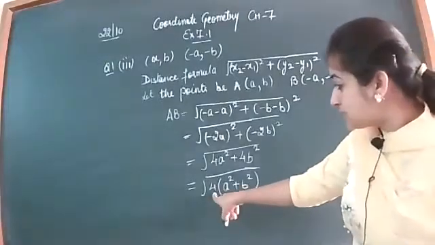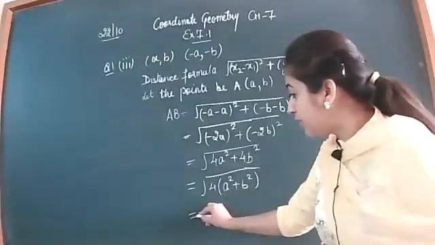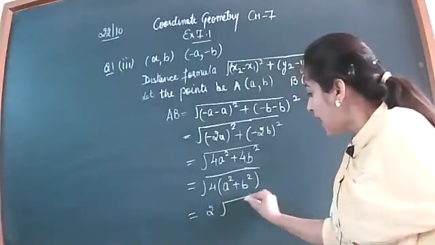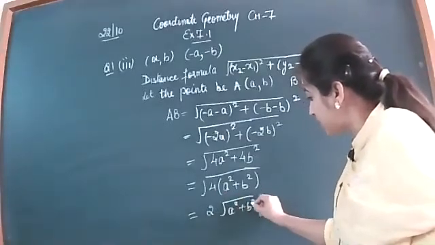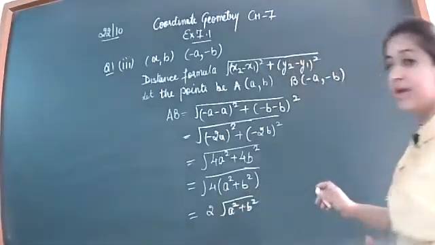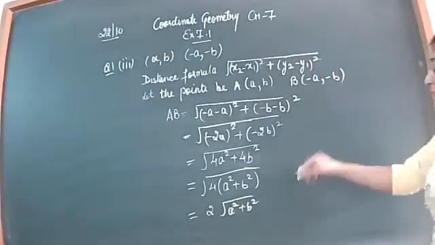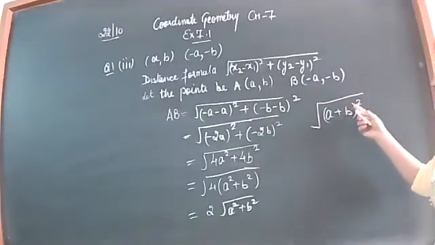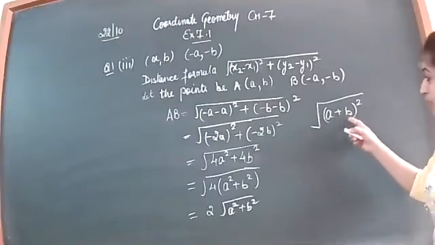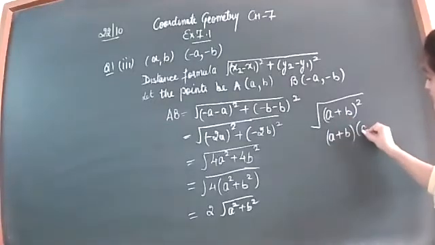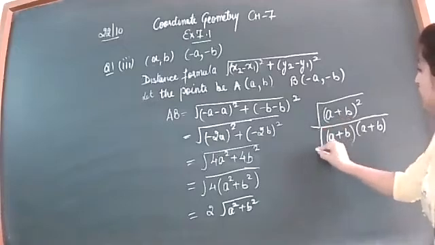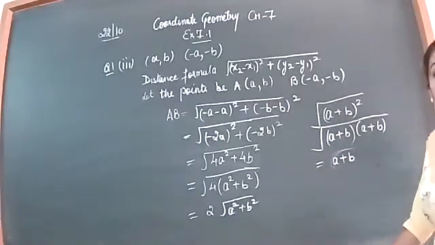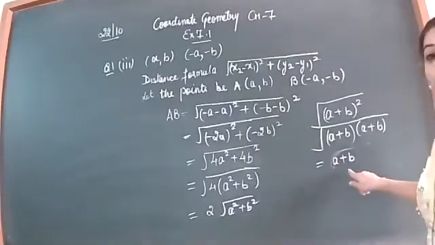Okay? So let's take this 4 out of the root. It will become 2 into 2. When you take 2 into 2 out of the root, it will become 2 under root a square plus b square. Yes, one important step I am going to tell you here. If instead of a square plus b square, it were a plus b whole square under the root, then this term would be occurring twice. As you can see, this will be written twice. When you write it 2 times, it will come out of the root and it will become a plus b. It will come out of the root only when it occurs twice inside the root.